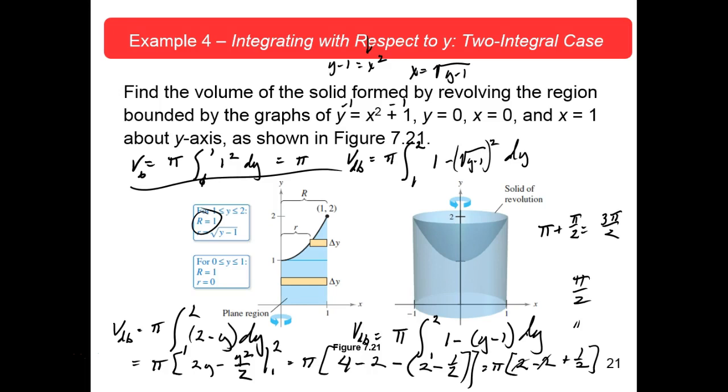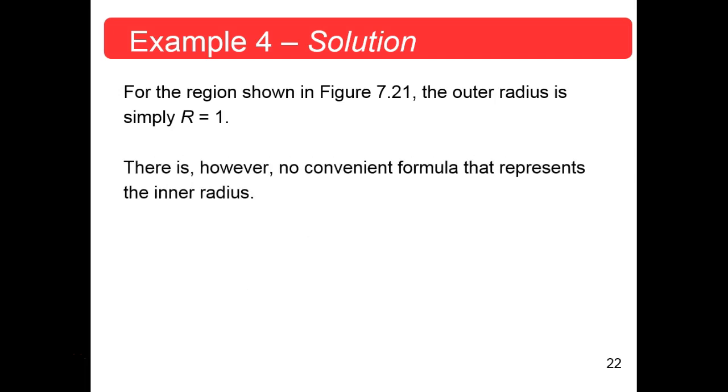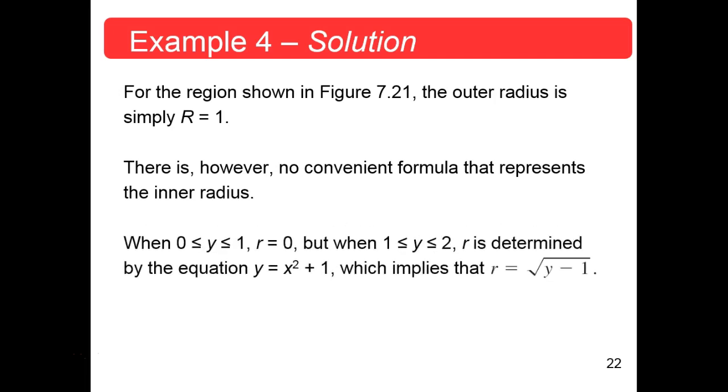Let's see how they did it. For the region shown, the outer radius is simply capital R equal to 1 for the whole thing. There is, however, no convenient formula that represents the inner radius. So split it into 2 pieces. When y is between 0 and 1, then the inner radius is 0. But when it's between 1 and 2, then